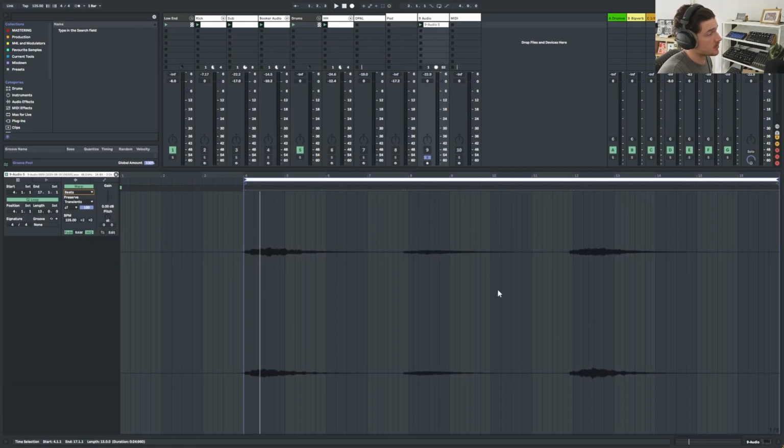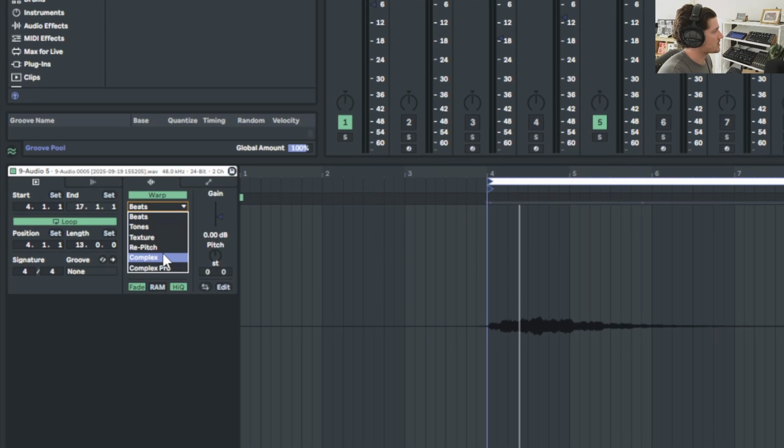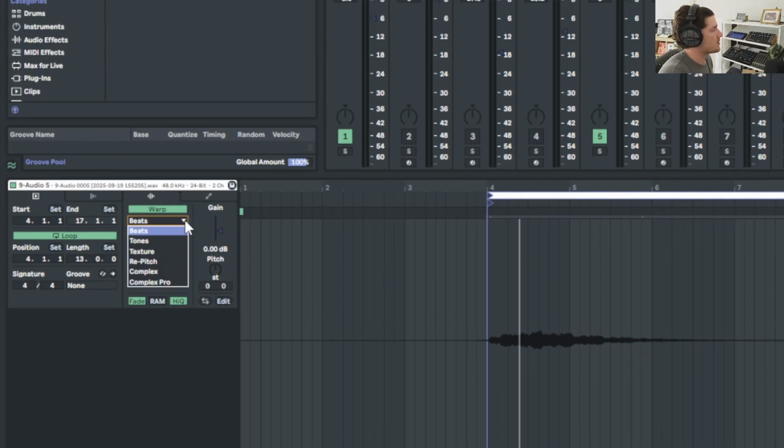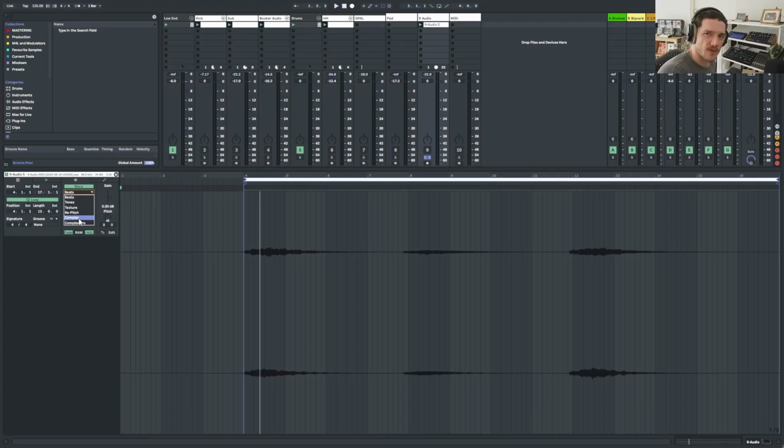So we've got our audio sample here. Within the audio clip, we've got this section over here, which has a bunch of different models that we can use to shape and manipulate the sample. I don't actually know how all these models work. I'm not going to go into that. I'm just going to fiddle with these and show you what's possible when it comes to time stretching and sample manipulation. But let's start with texture,